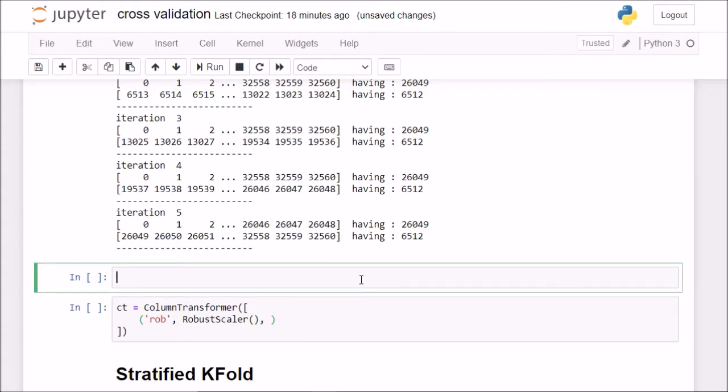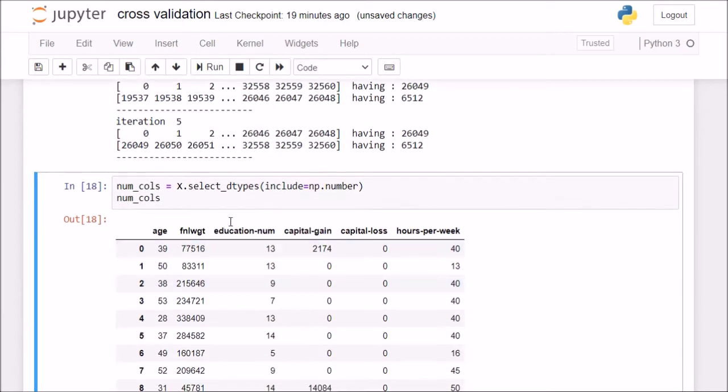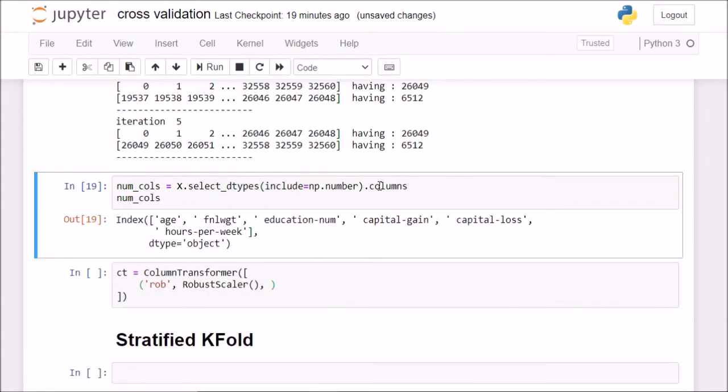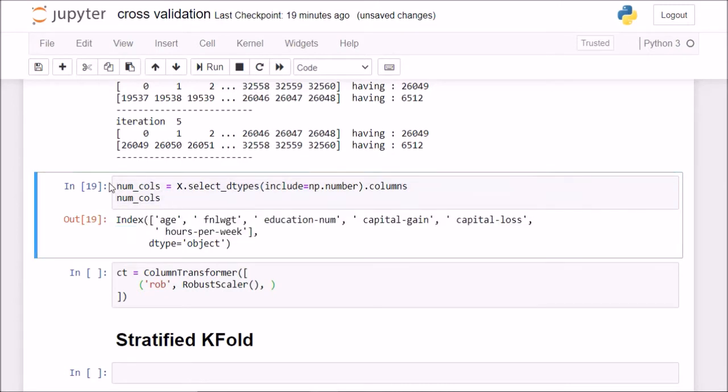For that I have to name my numerical columns, and my num cols will basically be, now if I check what this num cols object is, this is basically a subset of the data set with only the numerical columns, but what I want is the column names. So I'll say dot columns, and these are my num cols now. Okay, similarly I'll do it for the categorical columns.